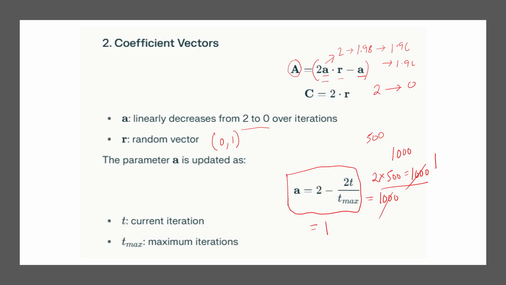Calculate A, big A, and then you put it into your equation. C is also 2 dot R, that means 2 multiplied by R. So that will give you the value of C. Okay, so just now we have discussed the